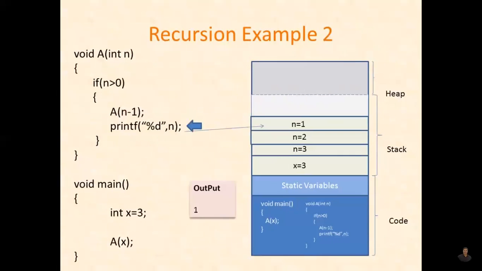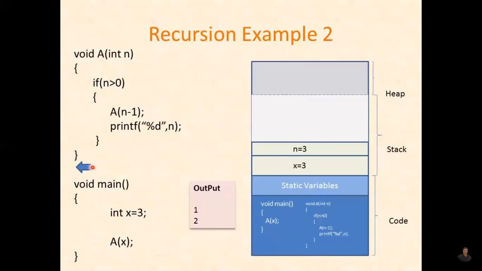Now go back to the previous record. In the previous function call, it has made this n-1 call. Now it has to print, so print n is equal to 1. This is printed. Now this has terminated, it goes back to the previous call, so at that time n was 2, so 2 is printed. Now this is terminated, 2 is gone, so it will go back to the previous call. That time the n value was 3, so now it will print 3. So while returning, it is printing the values. Now this has gone and main has gone.